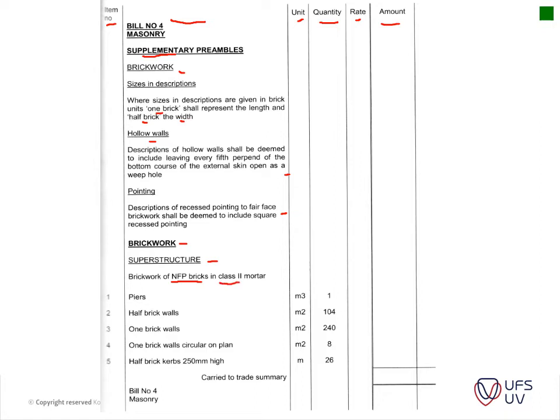Then you measure it in your different elements. So piers are usually measured in cubes, half brick walls in square meters, one brick walls again in square meters, and one brick walls circular on plan. Here you can see it's circular on plan, measured separately. Then you have one brick curbs, 200 millimeters high,